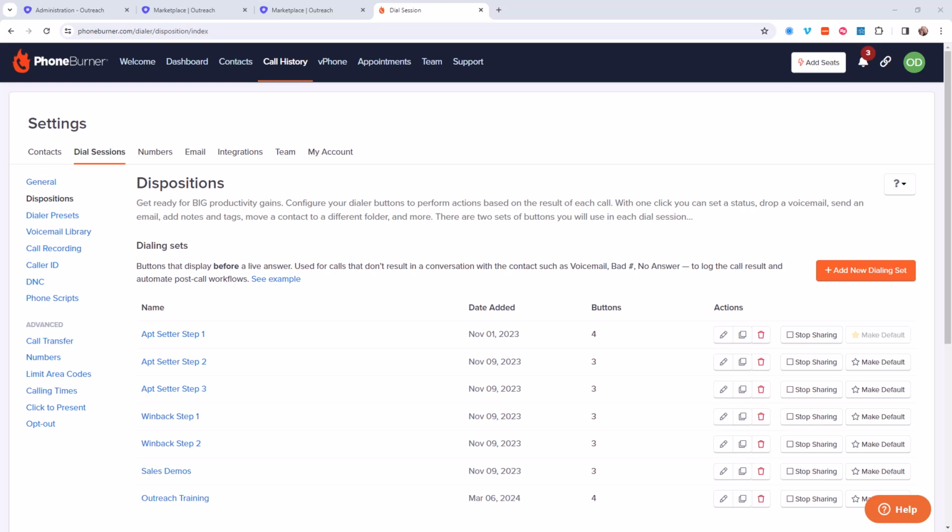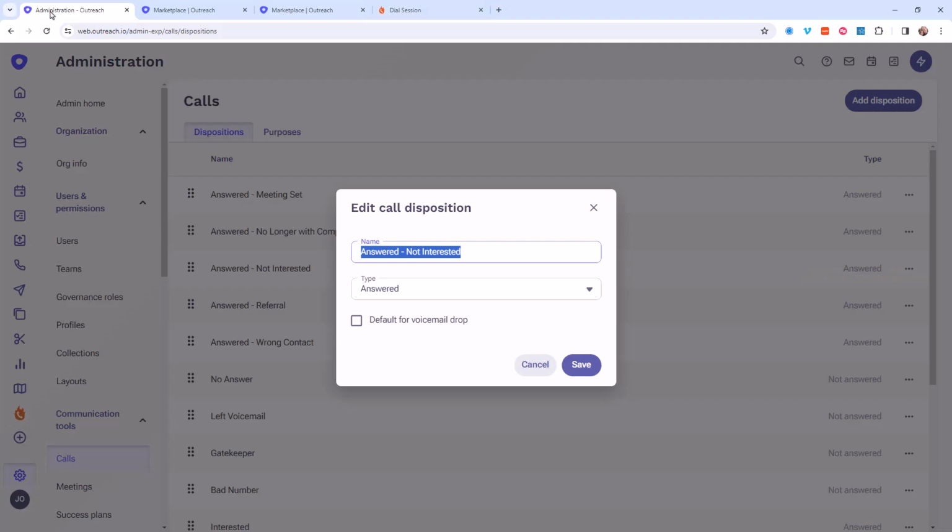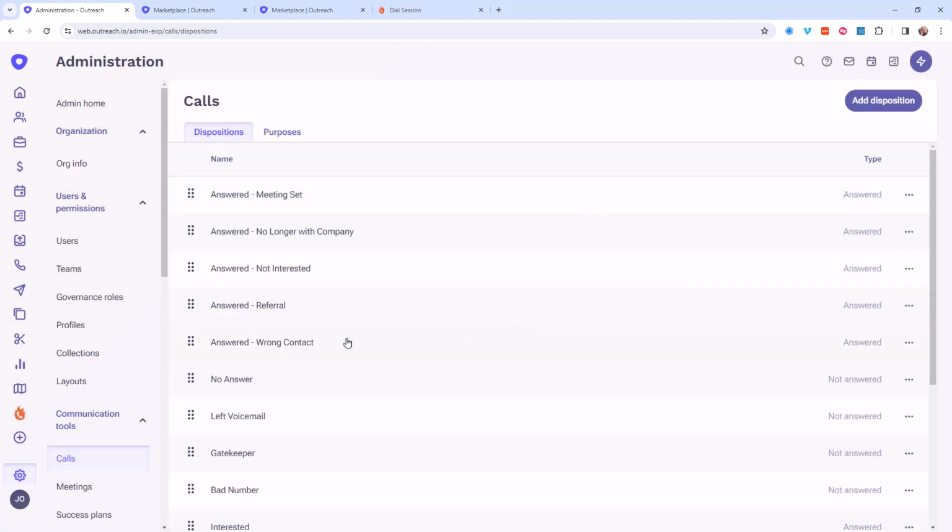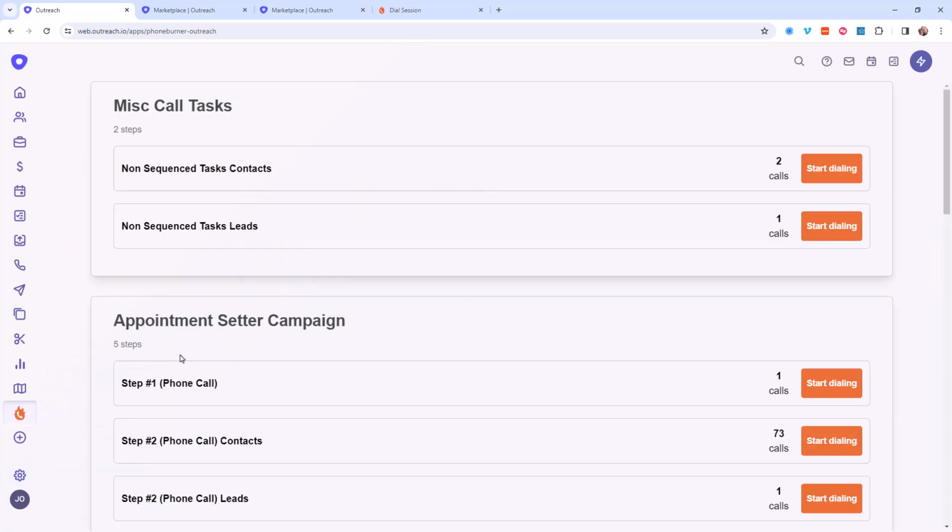Now what I'd like to do is jump back over to Outreach and take a look at the app that you've now installed. We're going to click on the PhoneBurner icon on the left-hand side. The first time that you go here, you may have some windows that pop up that ask you to log in and grant permissions and things like that. I've already done that and I'm already logged into PhoneBurner, so I'm taken to the screen where I see